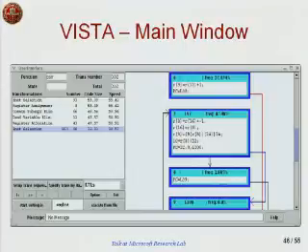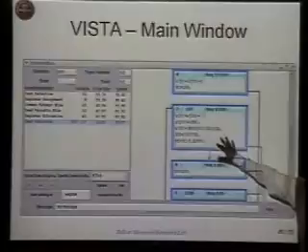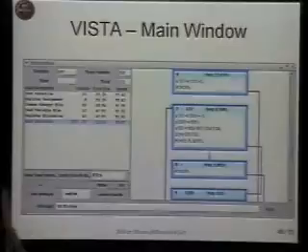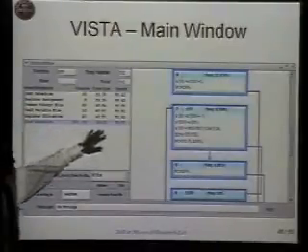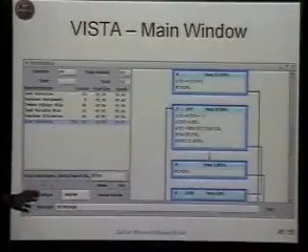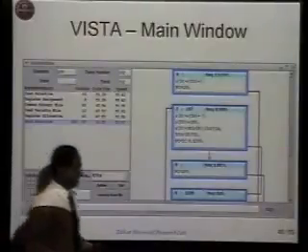This system has been described in my LCTES and TEX paper, and this is the main user interface window of VISTA, where on the right hand side you can see the control flow blocks and the instructions, which are represented in an intermediate language. You can also represent them in assembly language for any machine. Here are the optimization phases that have been applied and the improvements in both code size and instruction count after each optimization phase. And you can undo optimizations, you can traverse the optimizations, each transformation, each deleted instruction of RTLs and everything. So it's very useful.